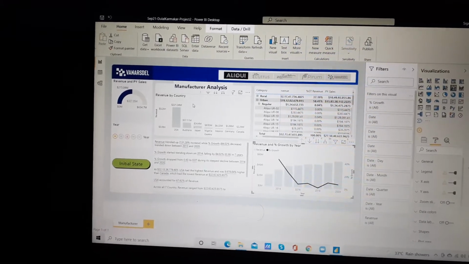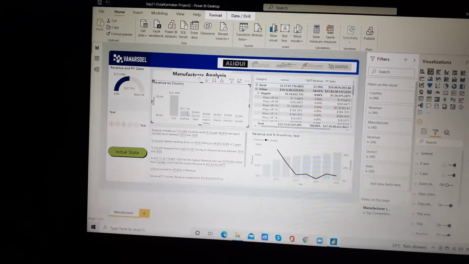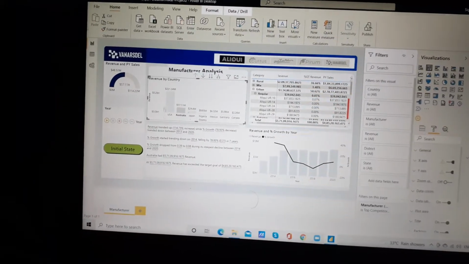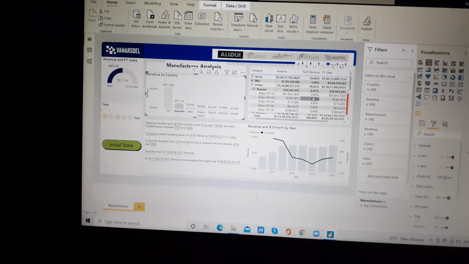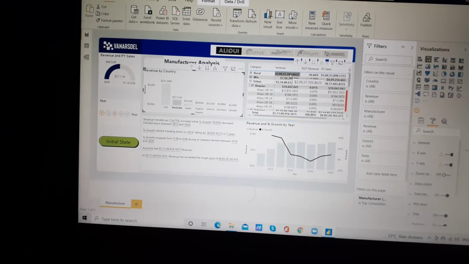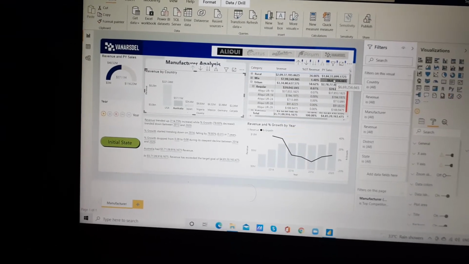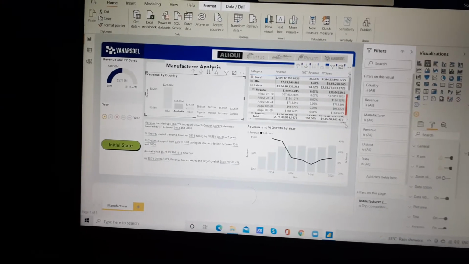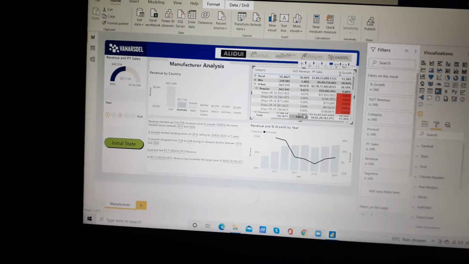Now, if we want to see the revenue by country, then we will click on the Australia column. Once we click on the Australia column, it is showing what the revenue was, the percentage revenue, POI sales for this particular company, or the manufacturer, you can say, and the percentage growth, right?